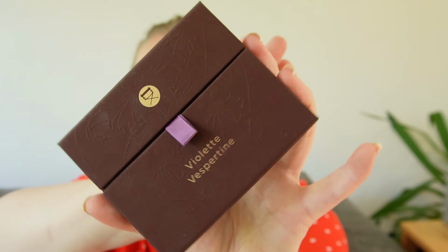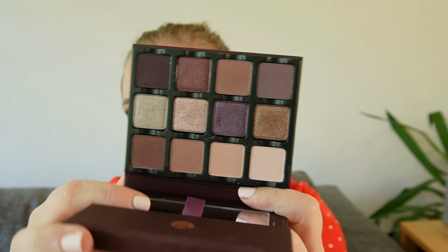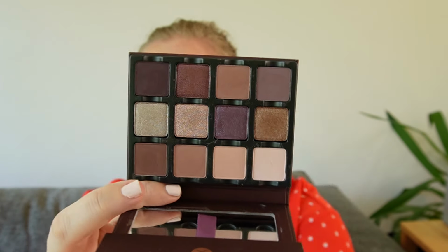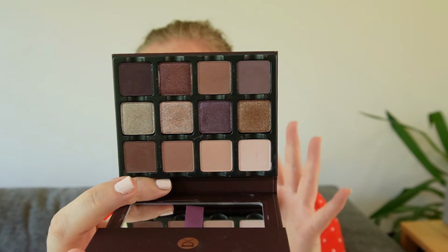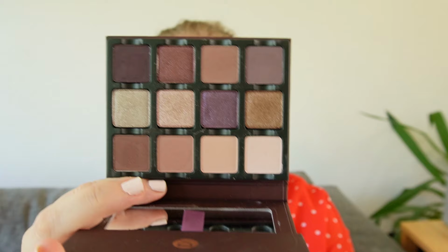Then we have the Violette Vespertine. Viseart is one of my favorite brands, you know that about me. I have a bunch of their palettes and I was super excited to see them release something like this, and also the Cashmere Charmeuse late last year, and I tried them and I just felt these were a little bit mid-tone heavy. So for me, this wasn't quite right. With my fair skin, this just isn't enough to really make it work. Everything ended up looking the same and kind of muddying up together,